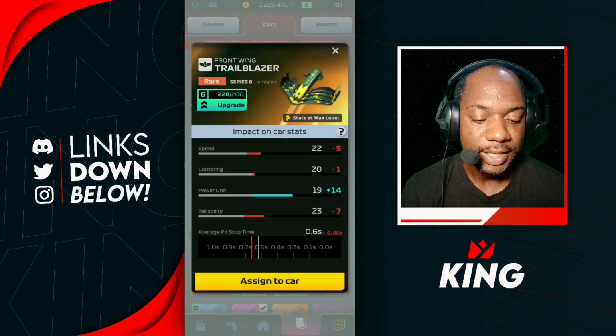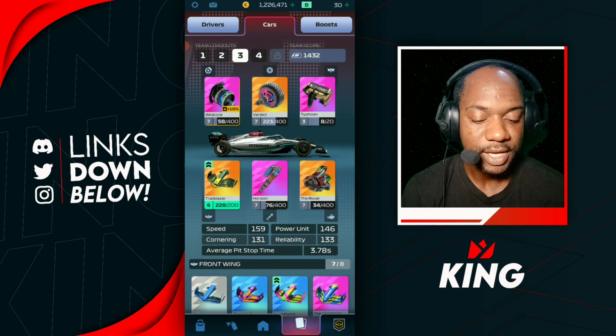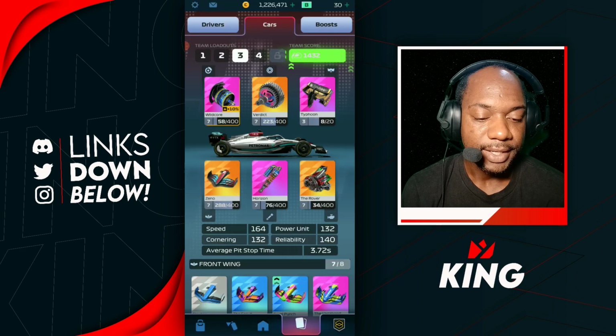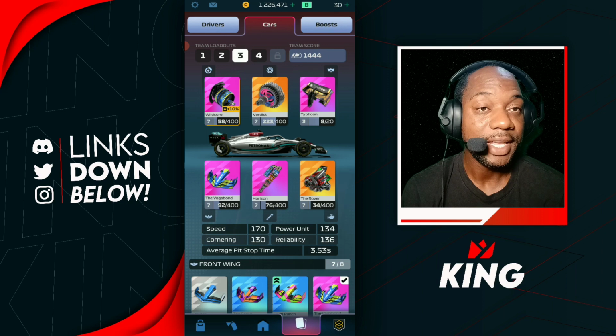All right, so I have my Zeno, which is my best wing, or is it? Let's test that. So if we put on the Trailblazer, the team score goes down just by a little bit, so you know the Zeno is a little bit better than the Trailblazer in terms of team score, so you put that one on. Now if we go over to the Vagabond here and put that on, let's see,